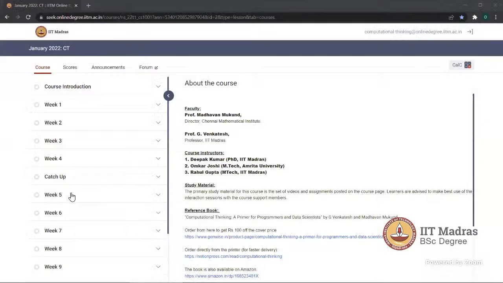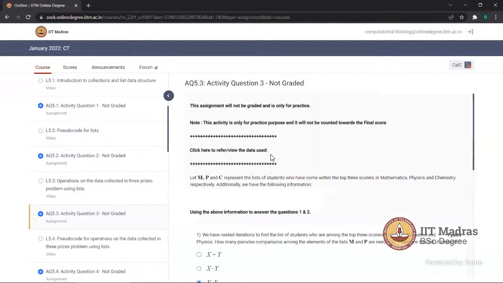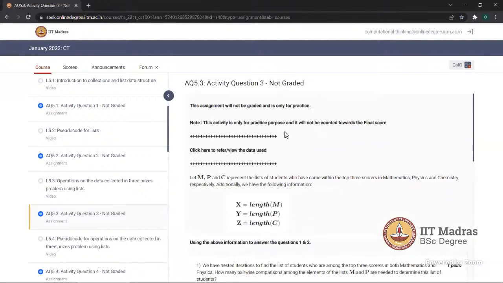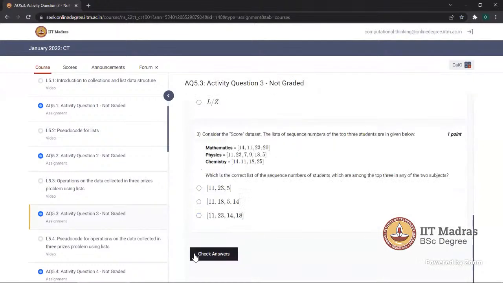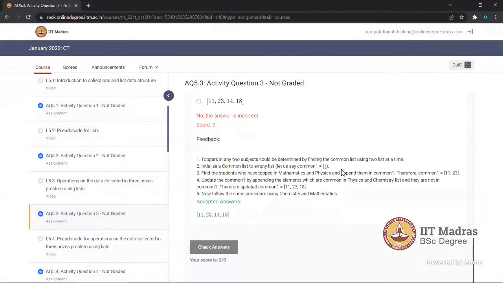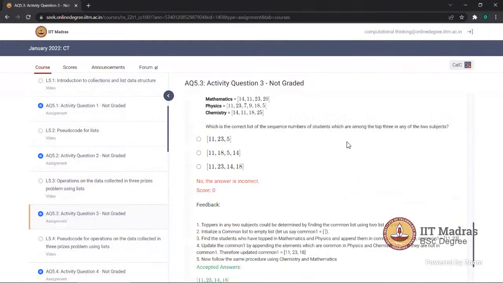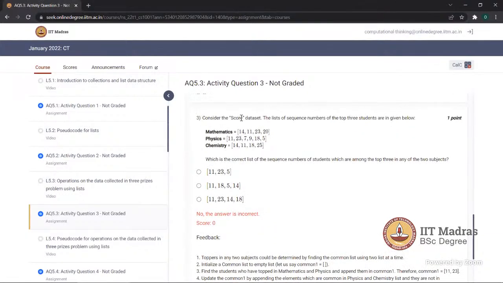Sure. Week 5, activity question 5.3.3. Is my shared screen visible? Yes, sir. Let me check the third question. Yeah, this one, right? Okay. So what happens is, consider this course data set, the list of